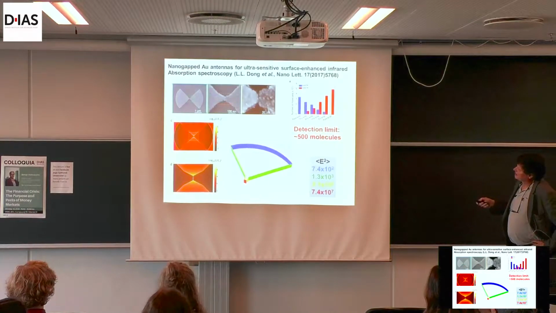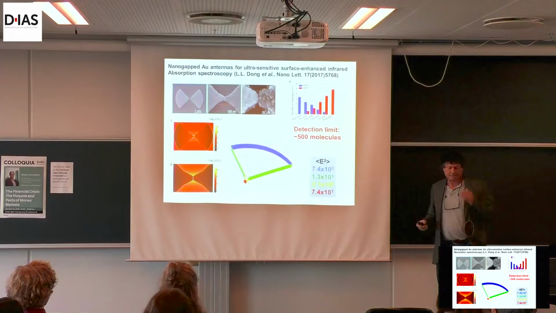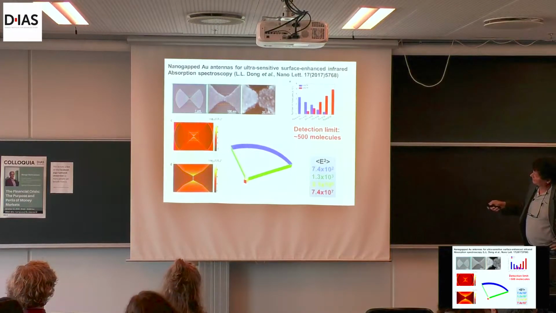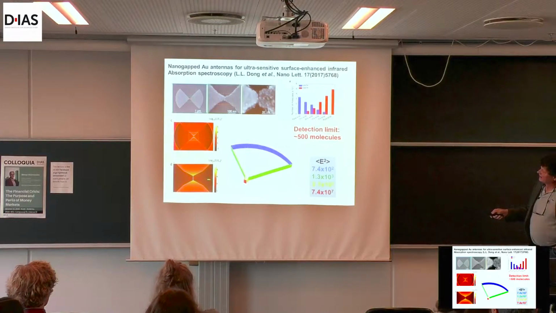There's a lot of research on that. Here is the sort of plasmonic antennas we make. You can see they are pretty big, but they have a very narrow gap. Again, the plasmon hybridization tells us we want these very narrow gaps. If you calculate the field intensities, we have a narrow junction here, and the surfaces here. You can see that the field enhancements we get in the junction and on the antennas range from 10 to the 7 to 10 to the 2.